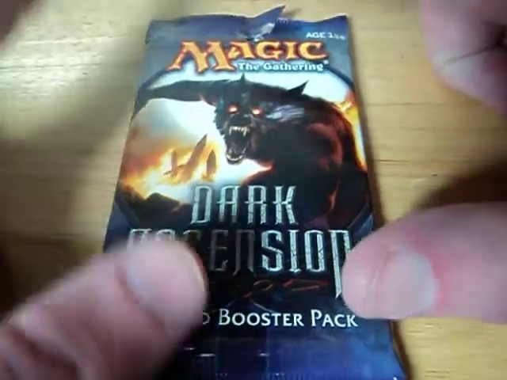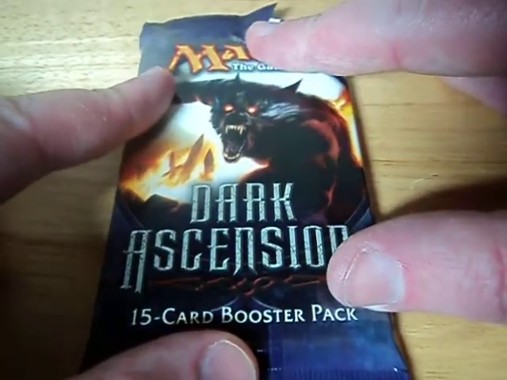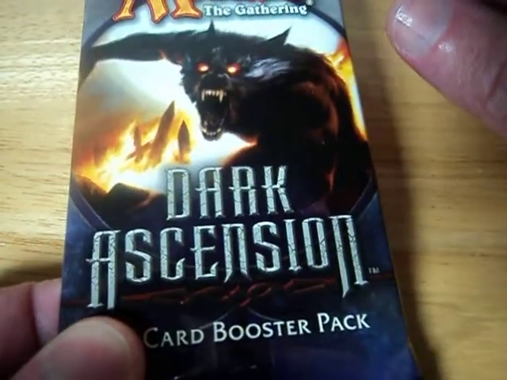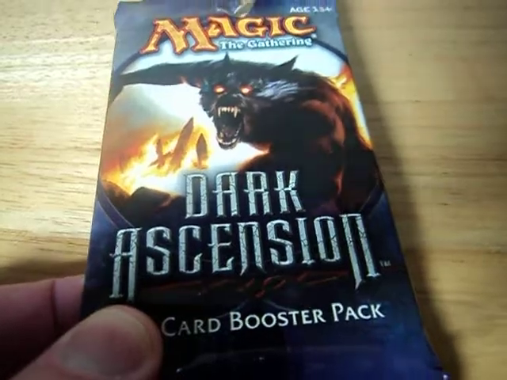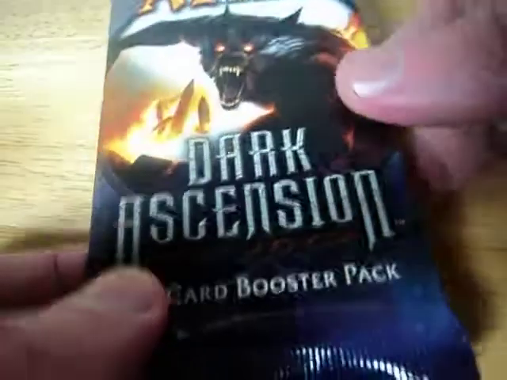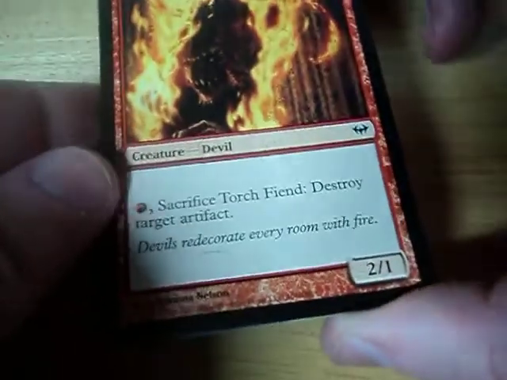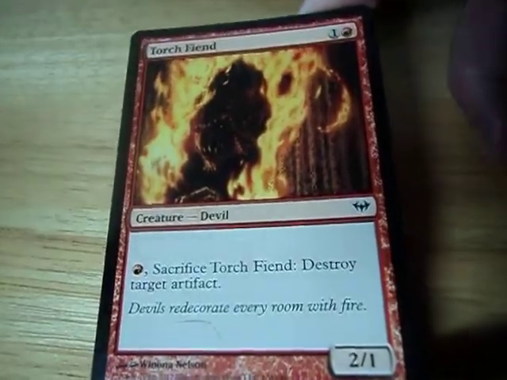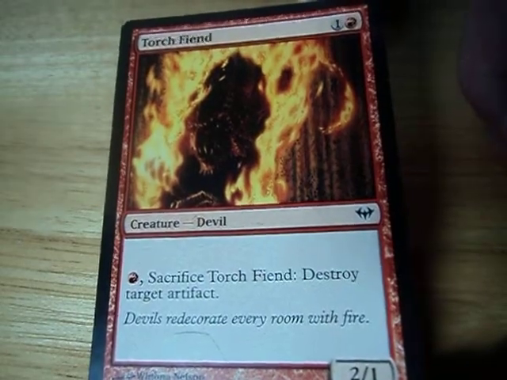But I kept seeing these packs in stores with this really kick-ass looking werewolf on the cover, and learned that they were doing werewolves for this expansion, and you know what? Could not resist. So this is actually the first booster pack that I've had in quite a while, and let's just quickly go through it, and maybe I'll discuss some of the ways the game has changed since I left it. First up here we have Torch Fiend,